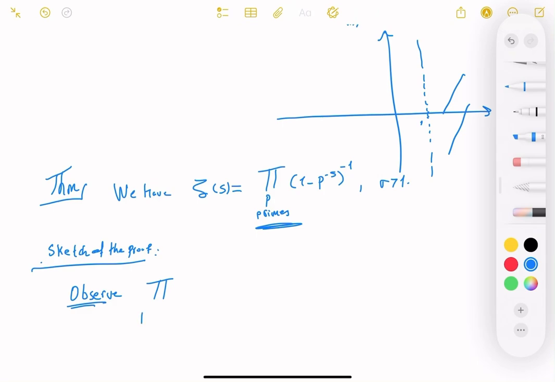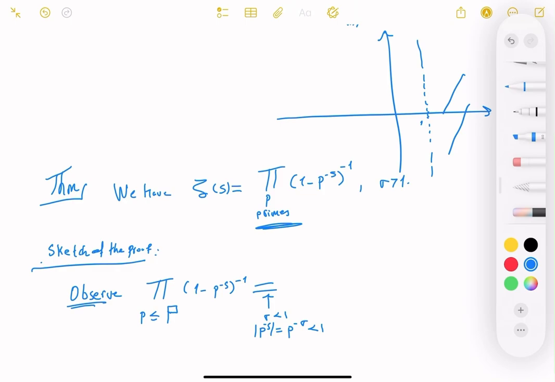So if we look at the product over primes p less than big P of 1 minus p to the minus s, to the minus 1, the first observation is that p to the minus s, which is p to the minus sigma in absolute value, is less than 1. So the inner factors are actually geometric series,